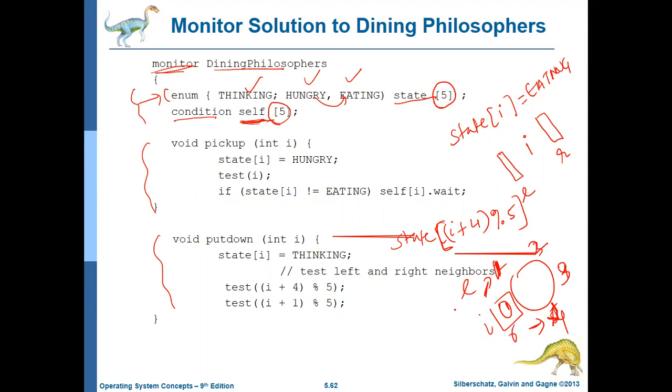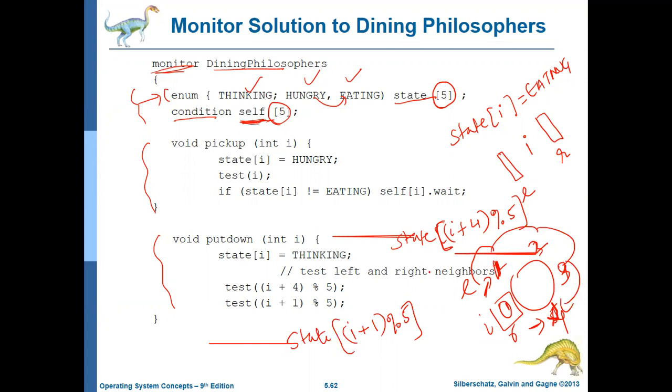Now let us go to the left side. How do you write the state of the left side? That is state of, in square brackets, you take I. Just moving to the next person means what? I plus 1, right? As simple as that. So I plus 1 mod 5. This way we look at the fourth person, moving down first, second, third, fourth. You have to look at the fourth person to go to the right chopstick, and at the next person immediately to go to the left chopstick. So you have to see what is the state of that philosopher, and depending on that philosopher's state, you can determine whether the chopstick is free or not.